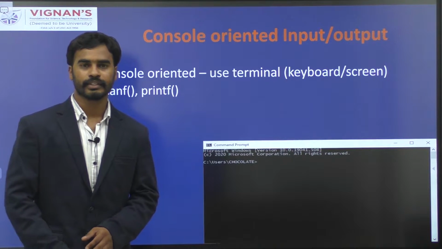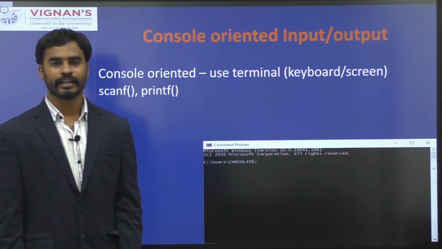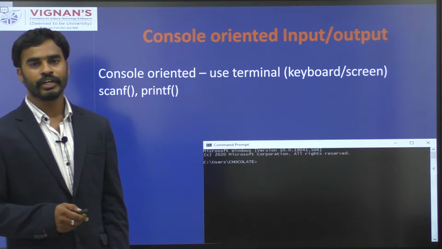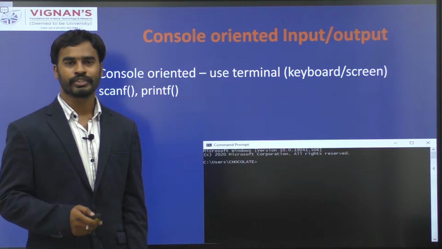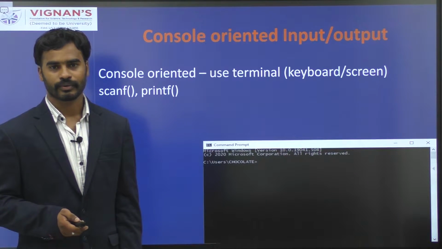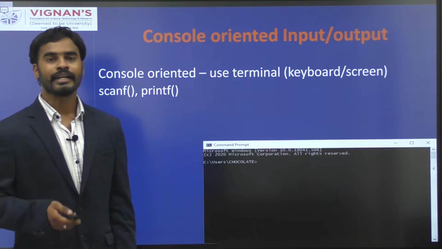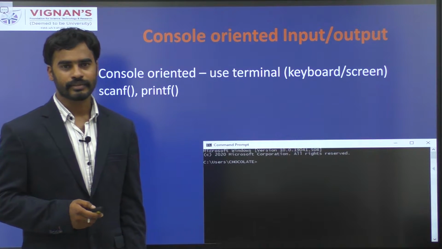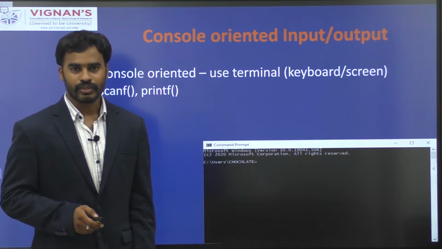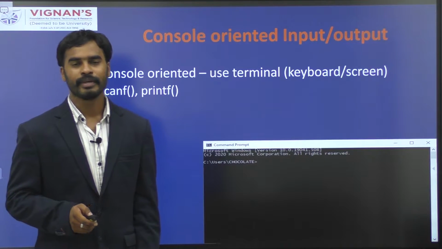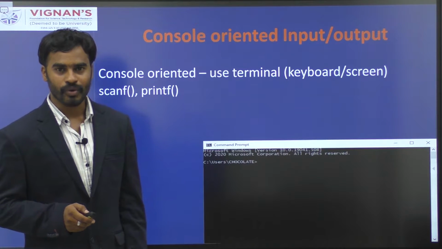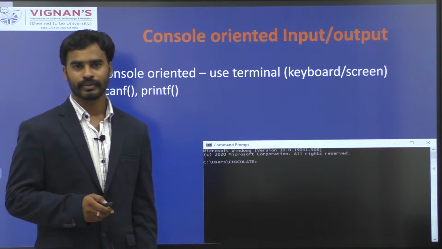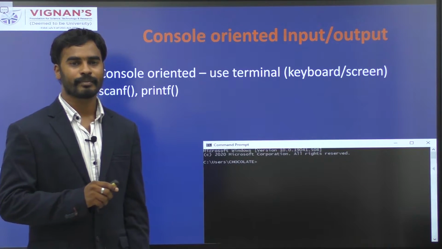Okay. So before getting into the file systems, we'll see why we need files. So far you might have written a number of programs where you need to read data from the console and produce data on the console. The problem with the console is once you close the console, whatever data you produced on the console will be erased. Once the console is closed, you cannot retrieve the data. It is like a short-term memory.